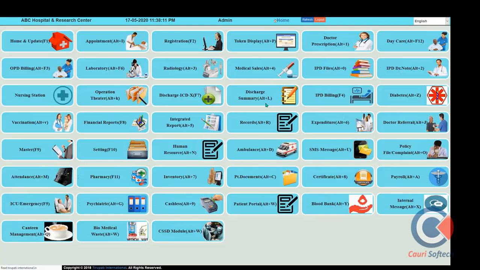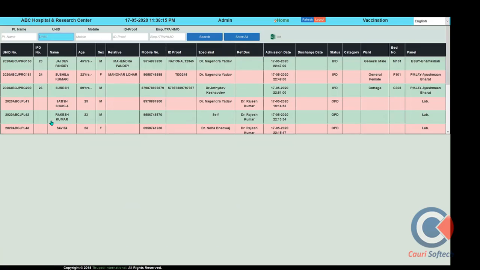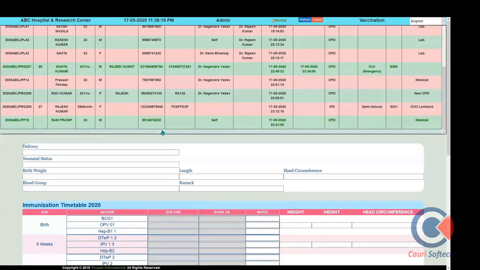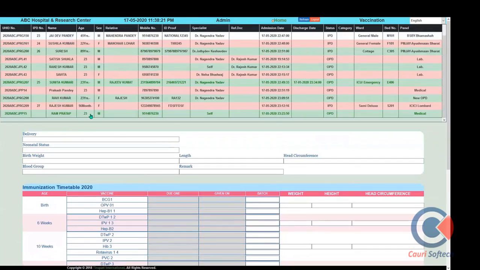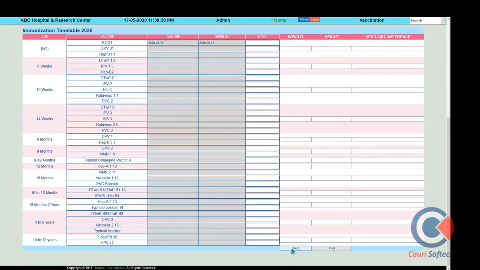After that we go to the next module, that is the vaccination. This is a pediatric vaccine reminder for the child baby. Here we can select any patient and there is a vaccination reminder system. You can put in the delivery status reminder information, the due date reminder, and the given date. It will generate a chart, and day-to-day reminder SMS can be sent to the patient's parents' mobile